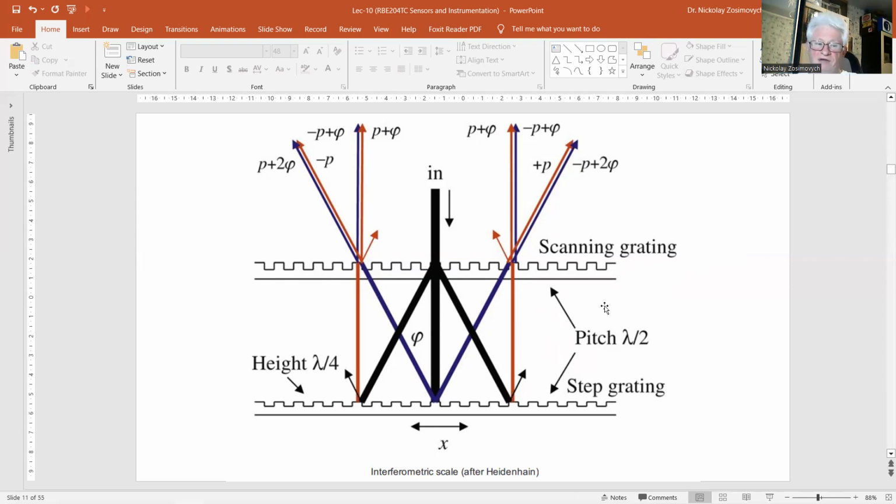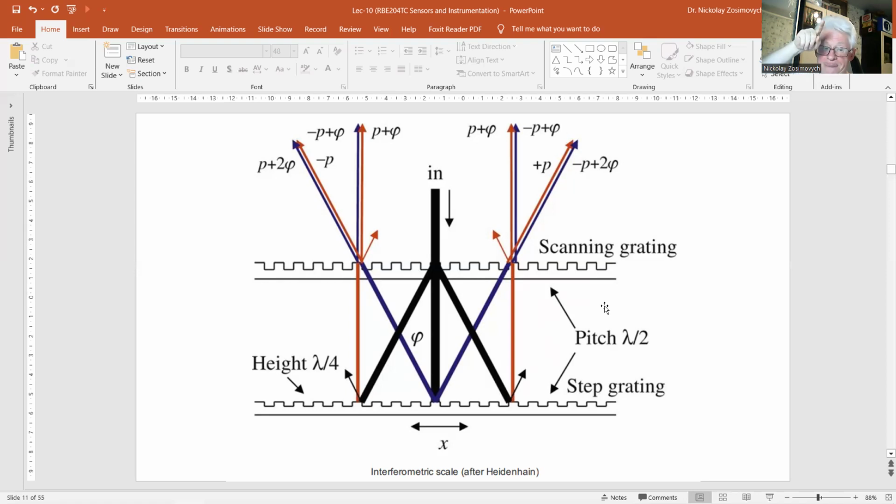The zeroth order wave from passing the transparent grating hits the step grating, where it is diffracted again in 3 directions: 0, plus 1, and minus 1. When the gratings are in line, the wave fronts have all the same phase. However, when the step grating is shifted over a distance x, the diffracted wavefront shows a phase shift